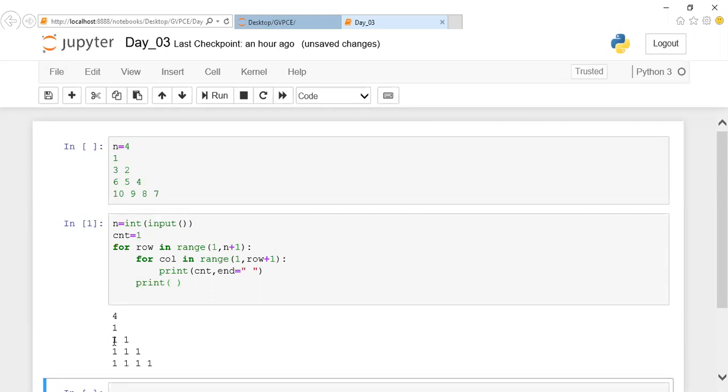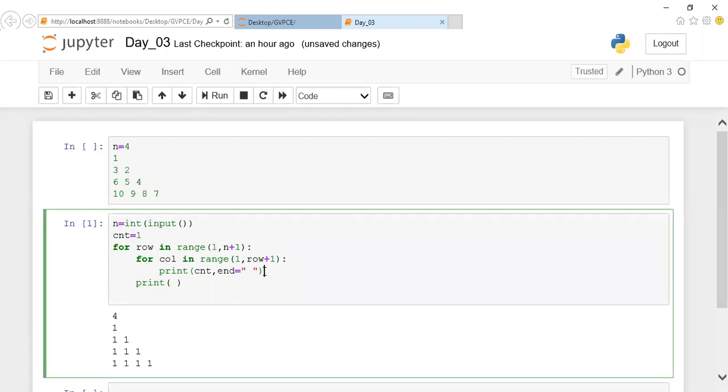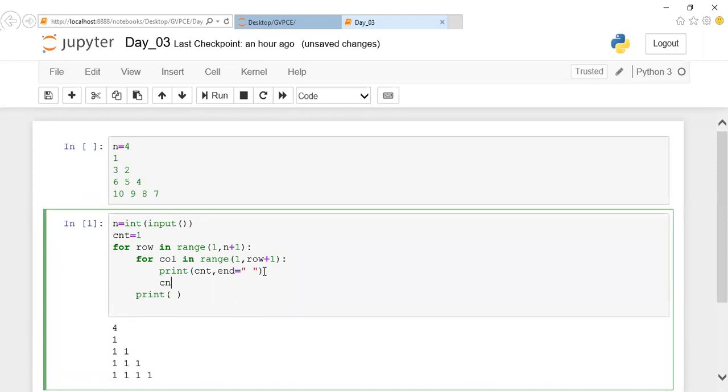But all the places are replaced with only the value 1, since I did not increment this count value. It remains as such, so it is 1 1 1. If I try to increment the counter, count plus assign 1, which is equivalent to the arithmetic assignment operator we have seen, count is equal to count plus 1.